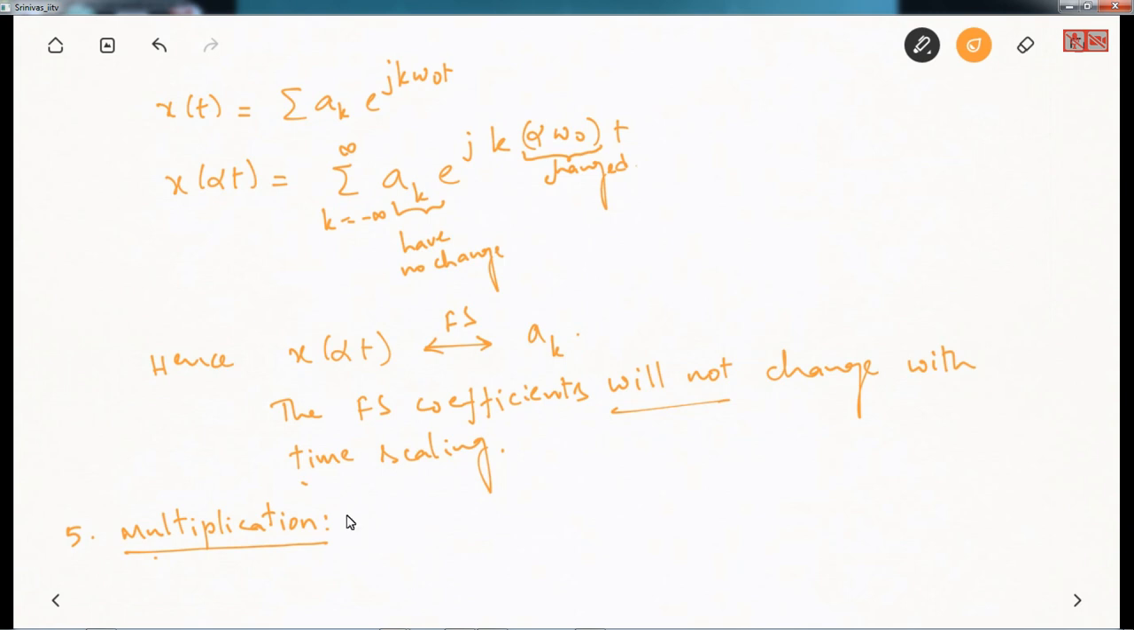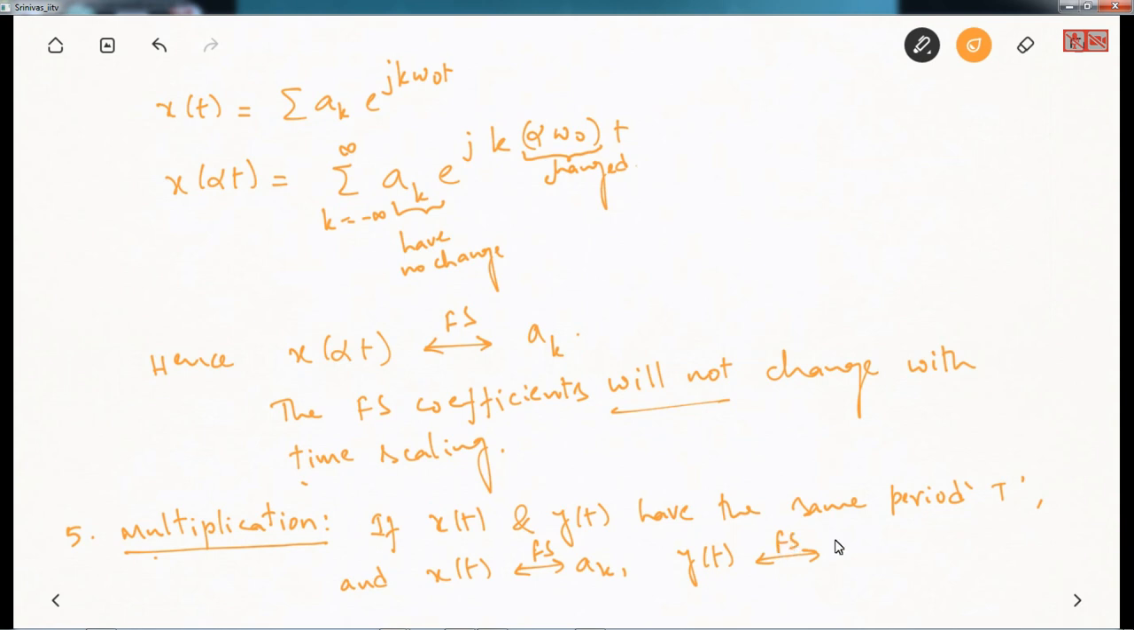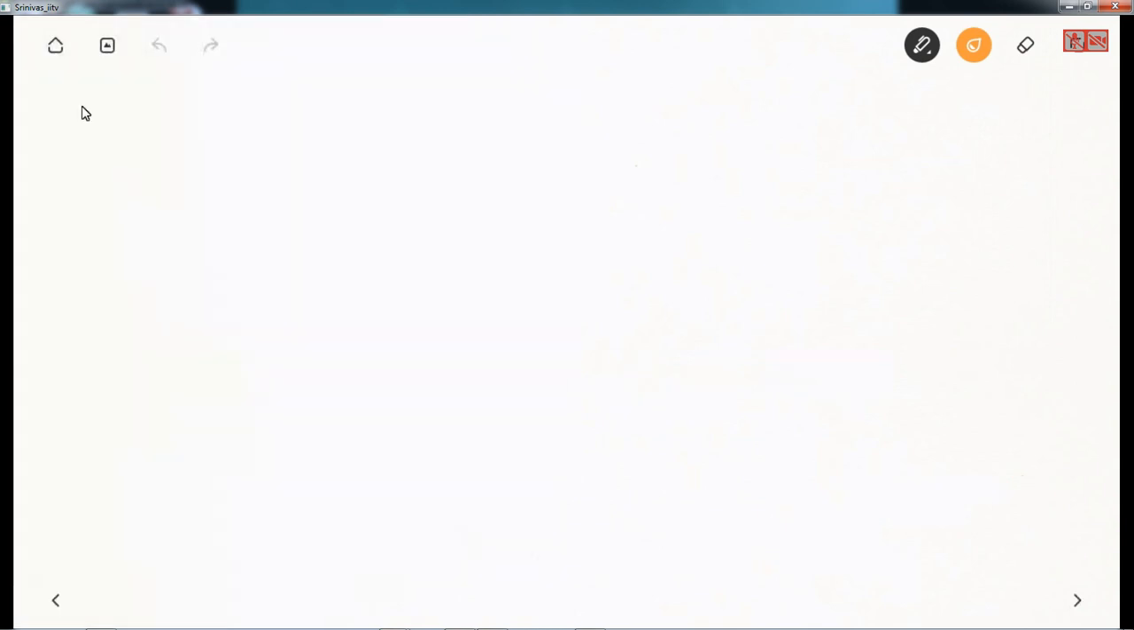So I will state this property. If x of t and y of t have the same period T, and x of t's Fourier series coefficients are a_k and y of t's Fourier series coefficients are b_k, then z of t, which is obtained by multiplication of x of t and y of t,